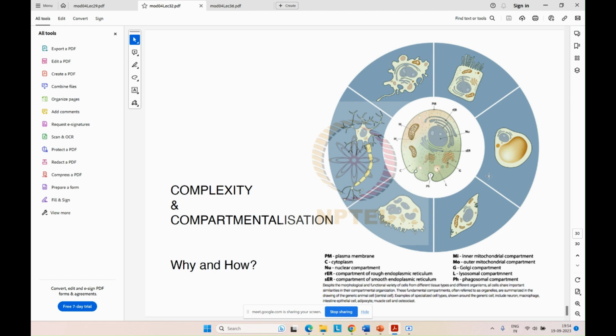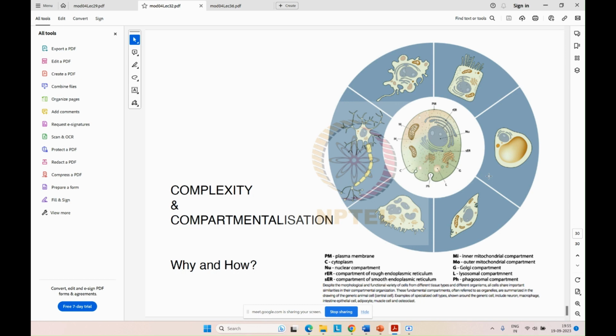Prokaryotic cells are very small in nature, and given that they are small, the dynamics of moving things from point A to point B is very easy. In simple cases, they can just diffuse. However, in eukaryotic cells, since they are in the order of multiple micrometers, it's very difficult